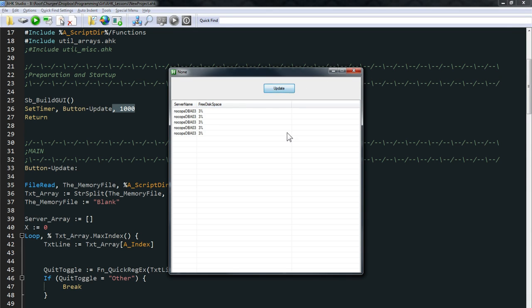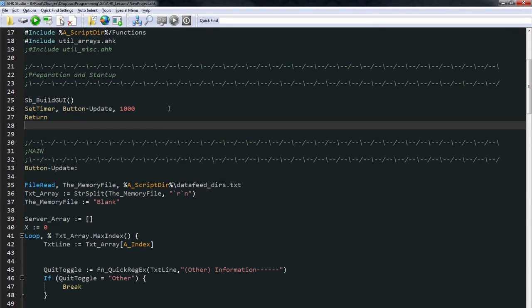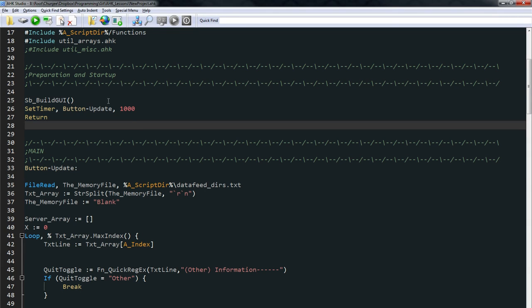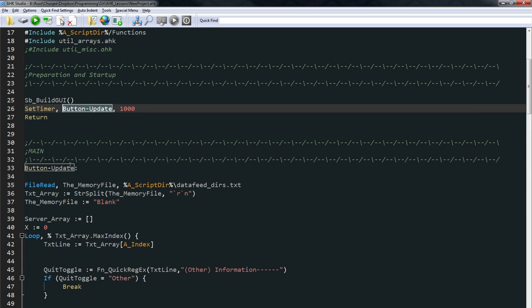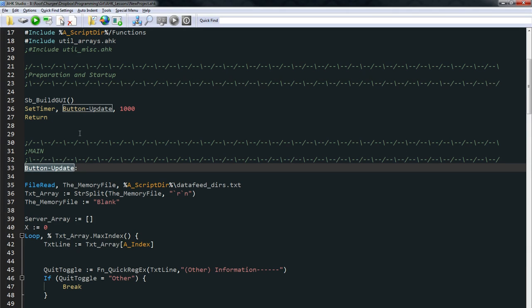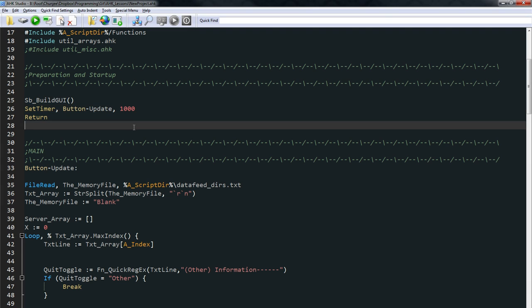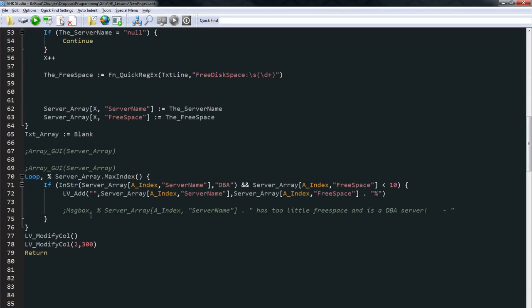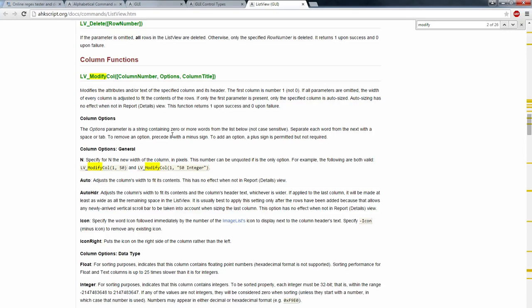That is odd. Huh. Wonder what's not quite working right with our timer. No, I don't have any timers there. Update button, it should be going to here right now. I believe the option to clear the list view,